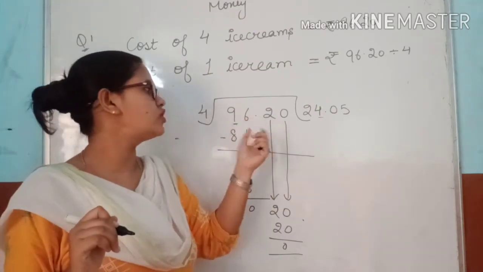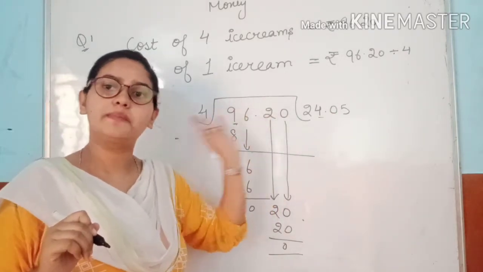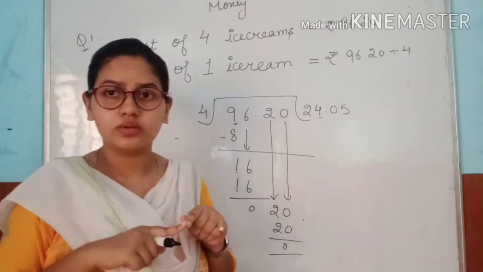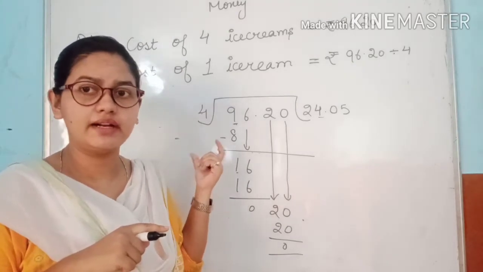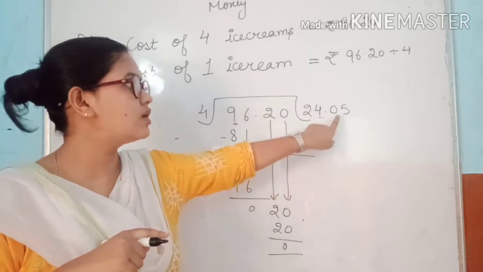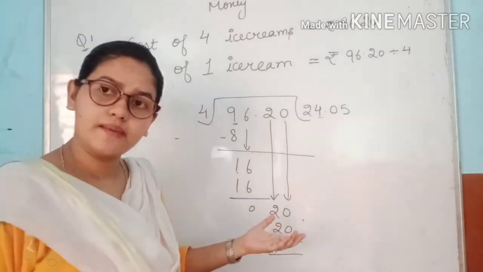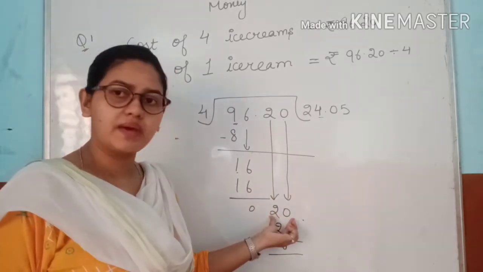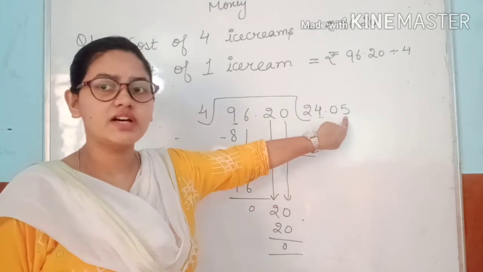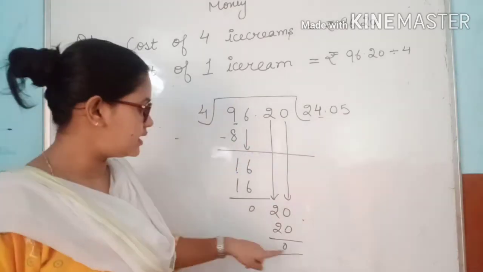Now come to the point. If you want to take a point, you can take the point here, because we have done our rupees. Now we will do our paisa. Here is 2. Now there is no possibility to take 2 on the table of 4. We can't divide it by 4. So when we have to take another digit, what will we do? We will take a 0 here and bring this second digit below. Now this digit makes 20. On the table of 4, 4 5s are 20. So 20 will be here, and 5 will be the quotient.